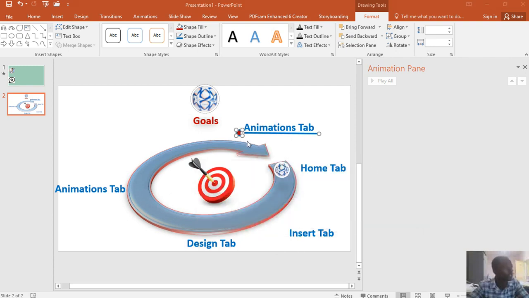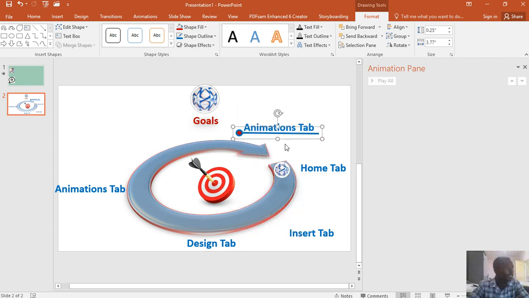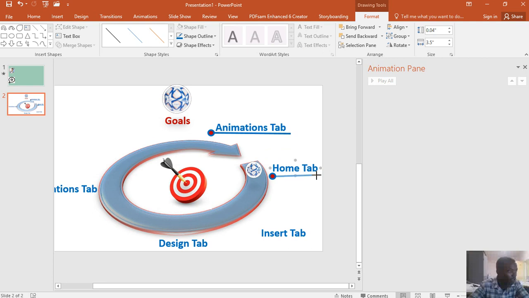Let me minimize this, and then here we right click, and then you group this and say this is one group, right? And then we are now copying this, Control C, Control V, we copy this to there, and then we edit the size of this line to this,